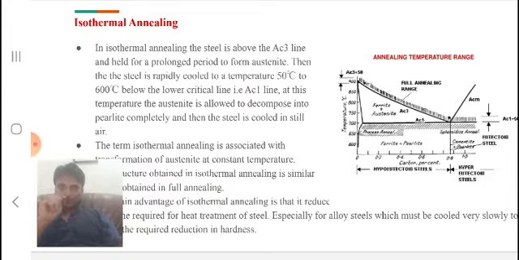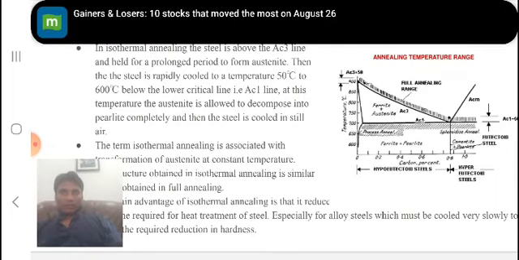That means isothermal annealing is almost equal to the TTT diagrams we have discussed. While we were discussing isothermal heat treatment, isothermal transformation is almost the same as isothermal annealing. In isothermal transformation, once the austenite is stabilized and the steel converts into austenite throughout the section, then the austenite is allowed to transform into perlite at constant temperature